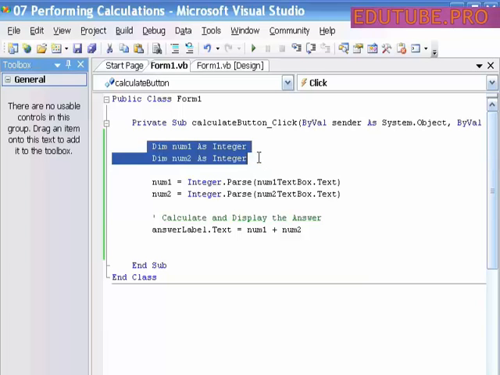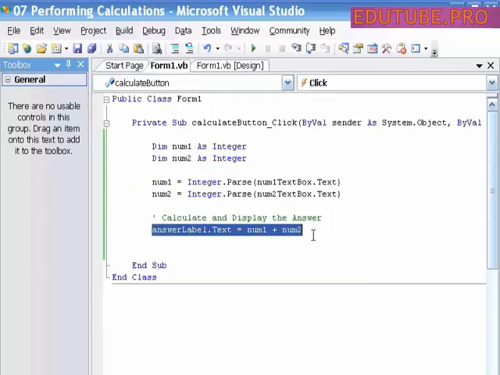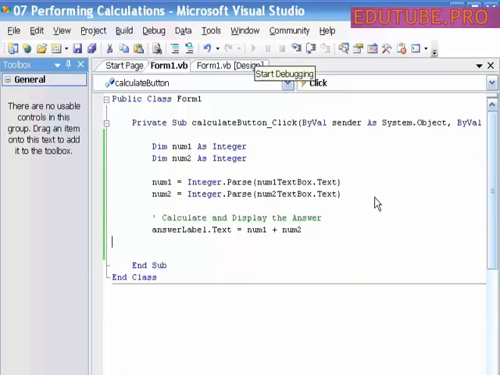Notice the process is a three-step process. First, declare your variables, then convert the contents of the text box to the appropriate data type, in this case integers, and then perform the actual calculation and place that answer in whatever label, in this case, that you would like to do so. If we run the program to test it,